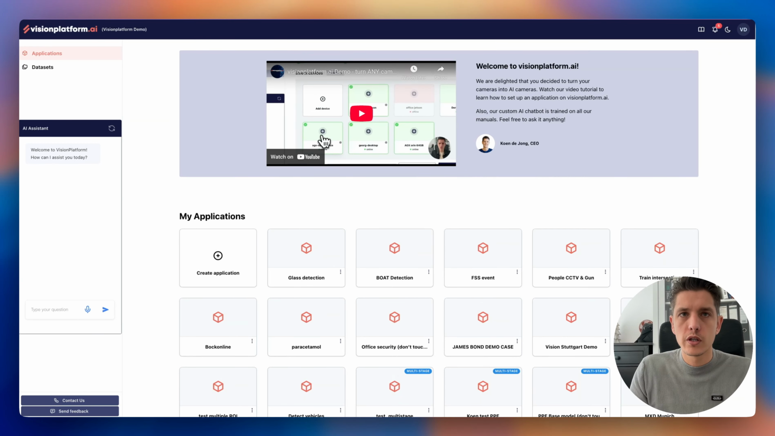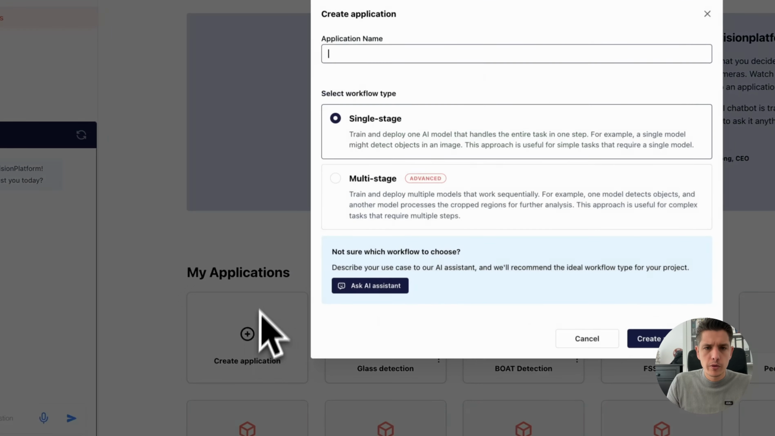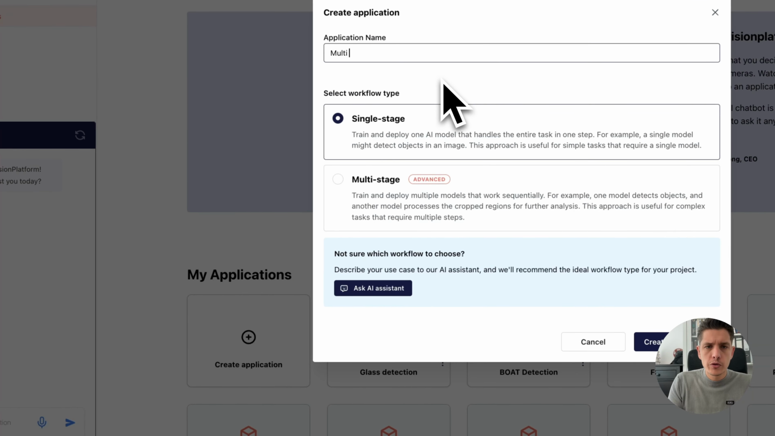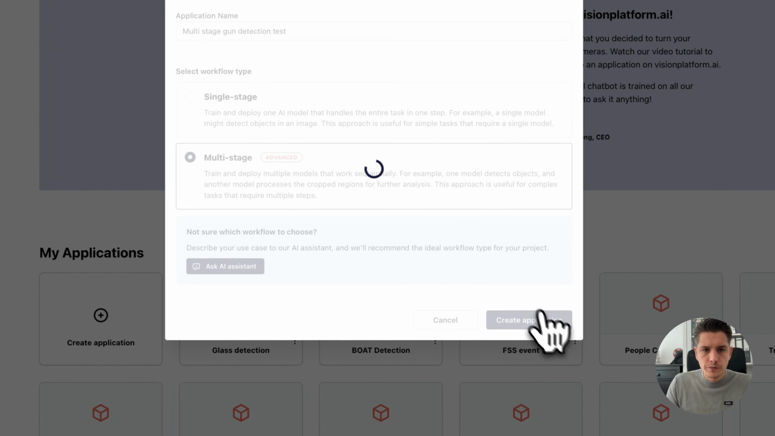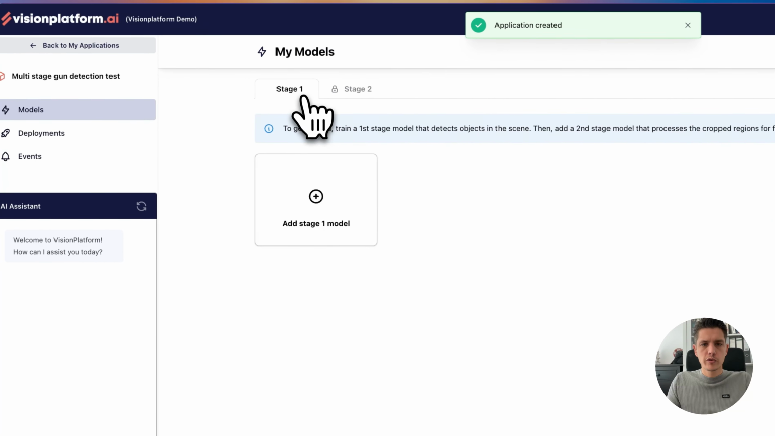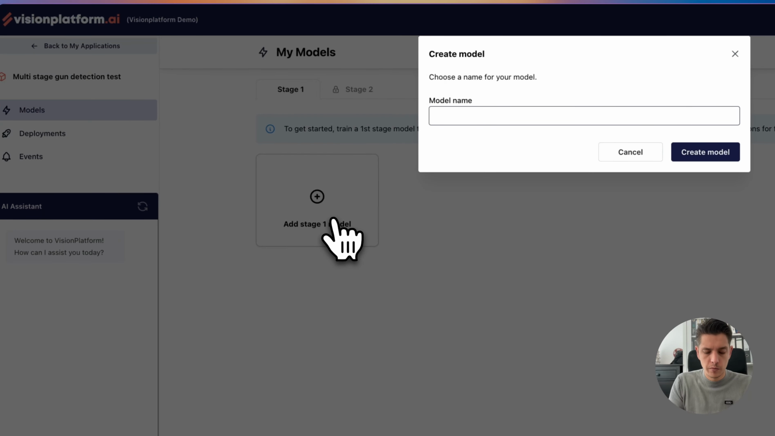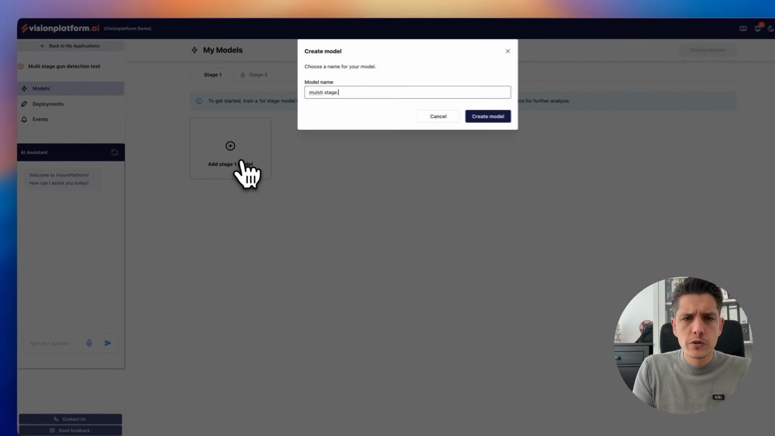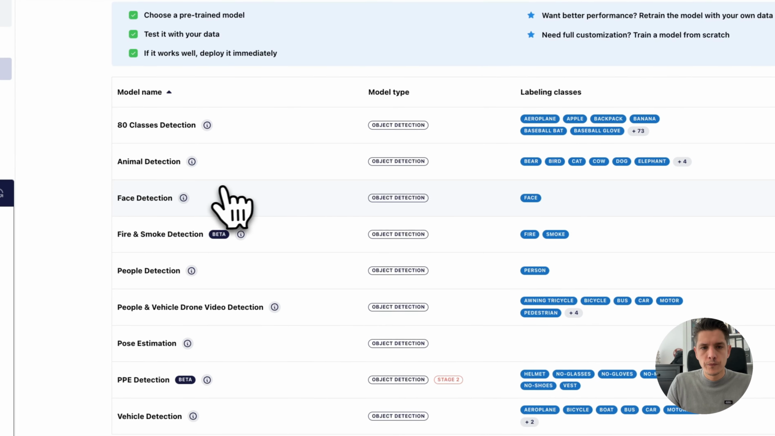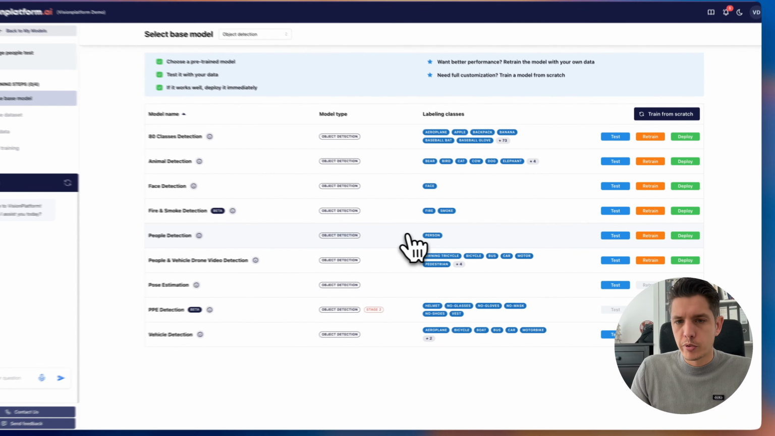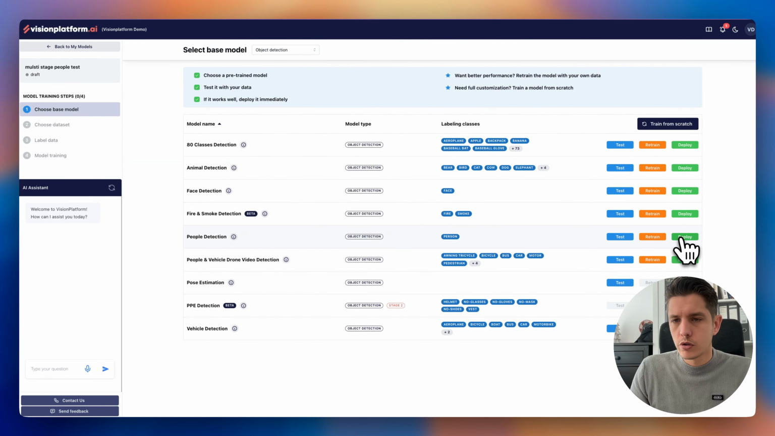So how can you do that in our platform? Let's make a multi-stage application. Multi-stage gun detection test. We'll make it a multi-stage application. We are creating it, and in the first stage we are going to add a model, multi-stage people test, object detection, and we just pick our person detection algorithm. It's already good, it works,